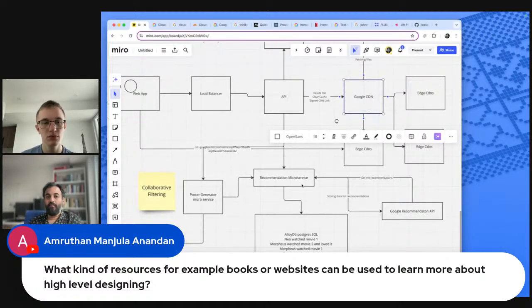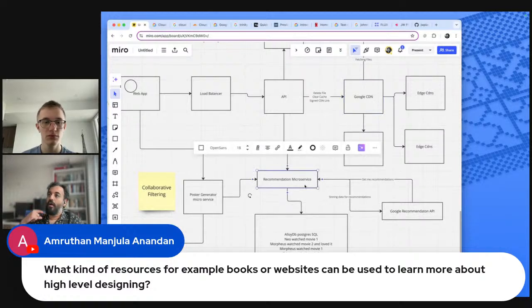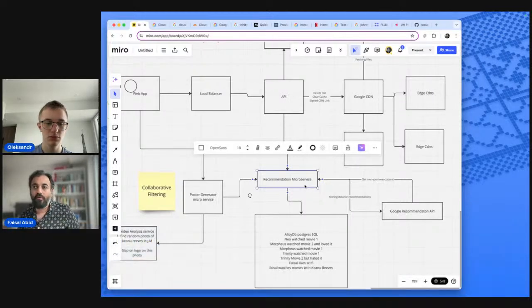So you're hitting that recommendation microservice every video to say, give me the next video, give me the next 10 videos, right? But it's again collaborative filtering at a very high level. TikTok's algorithm is crazy, like crack cocaine, obviously, but at a high level, this is exactly what they're doing.